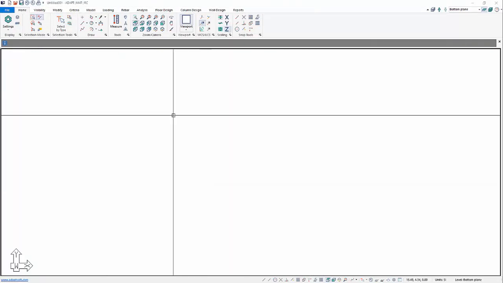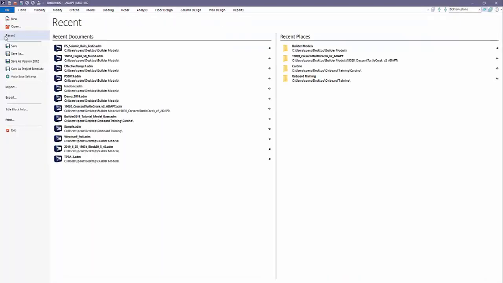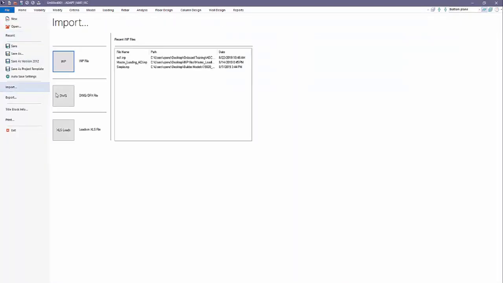And in the user interface, we're going to import a DWG file and then calibrate that file. So we'll go ahead and select File, Import, DWG, and you'll notice, by the way, at the upper right, we're working at the bottommost plane. This is by default the bottom of the structure. We have bottom plane, current plane, and top plane. We'll come back and we'll relabel that. But when we open the program in Adapt Matte, by default it sets it to the bottom plane.